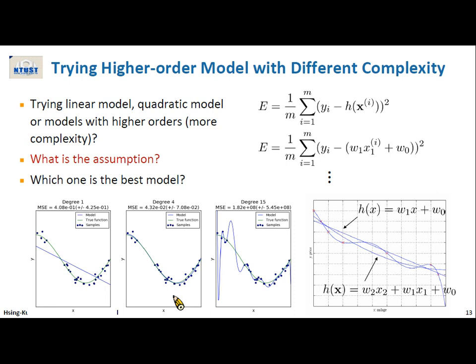But we don't know, of course, what the true model could be. Maybe we go unnecessarily to be more complicated, meaning that we try a model with more complexity, in this case a higher degree of polynomial. Then we come up with this kind of model. Yes, of course, for the input data, we perfectly fit all the data. But it doesn't mean that it's a good model.